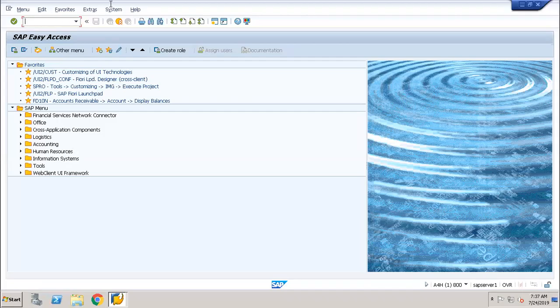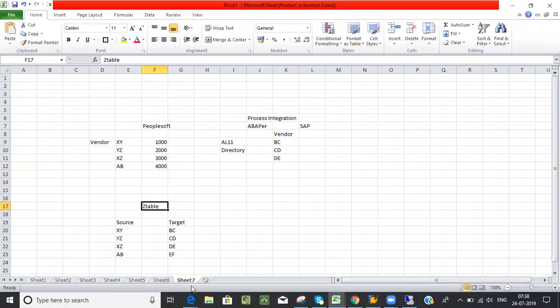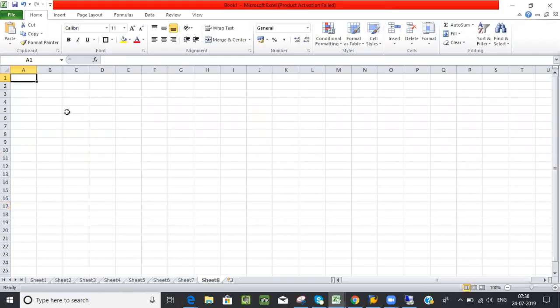Right? So let's discuss what exactly the ledger is, and after that we will do some configuration on the same. Okay, so let me just open an Excel sheet. Now, what is a ledger? So ledger,